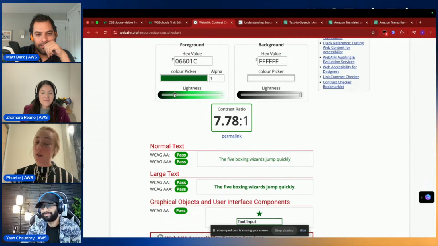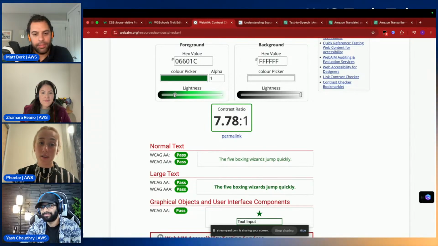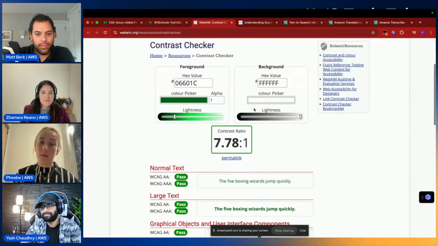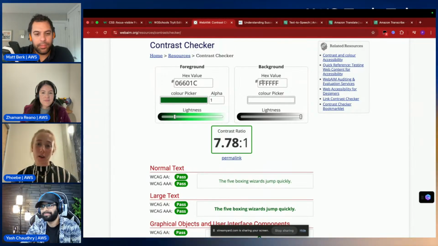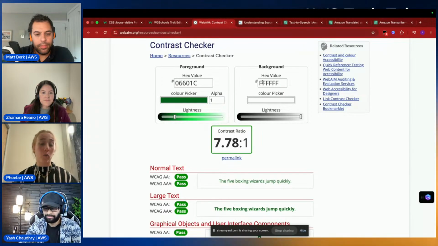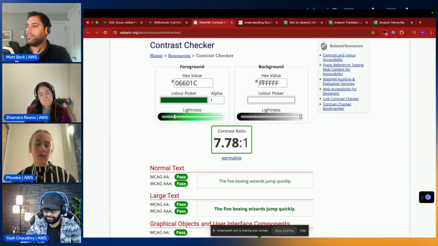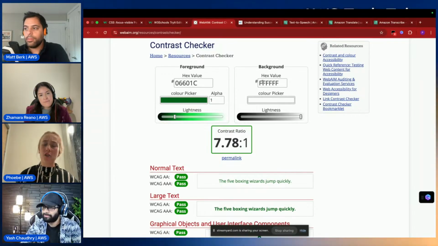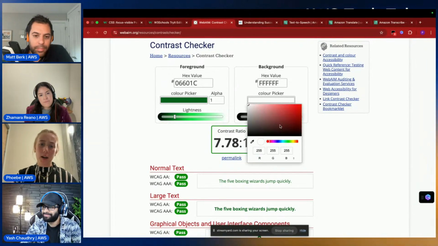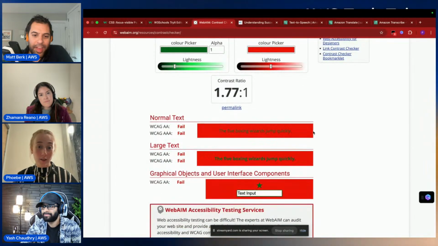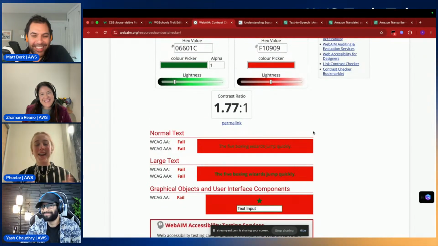According to our contrast checker, it's not going to pass on the green font until we get to that 7.781, right? And this is a standard developed by the WCAG that you can look more into. But this is something that I would highly recommend when you are starting to build websites, right? Starting to understand, hey, what color font should I use? What color background should I use, right? Because you also do have that option. We can give it that Christmas color, right? But unfortunately, it's not as easy to read.